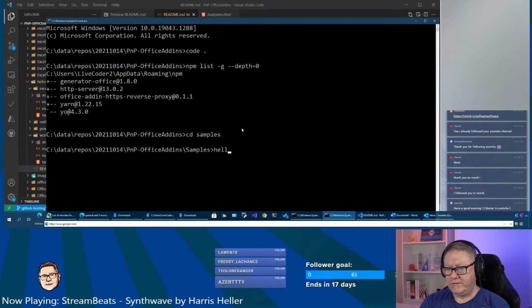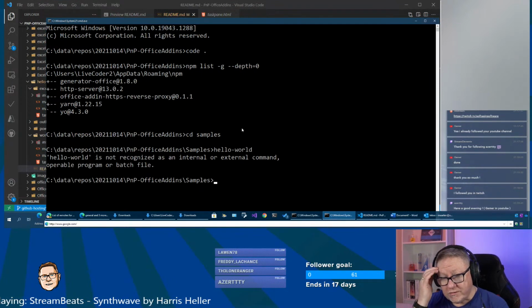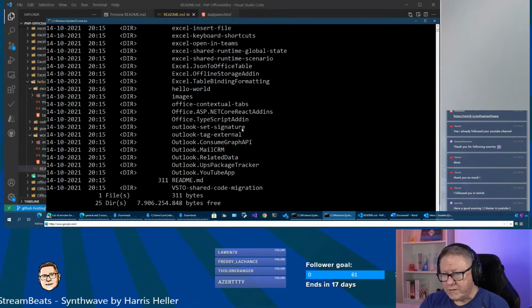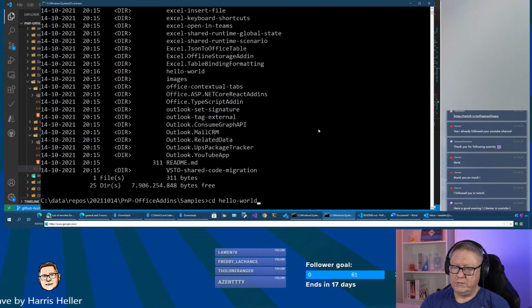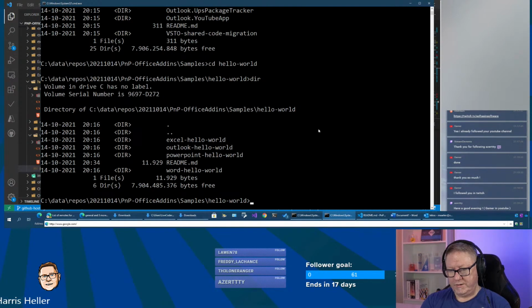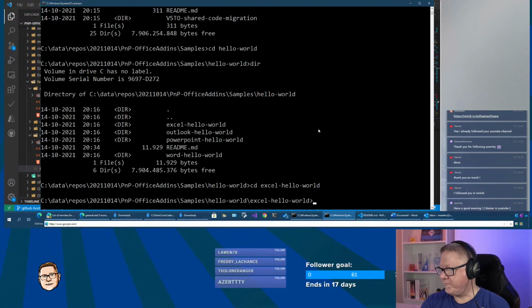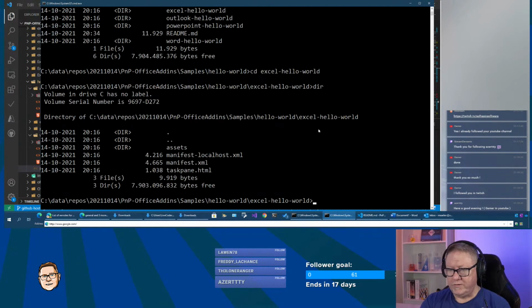Samples, go to hello world. Oh, this is not the right repo, I think. Yeah, it is. CD hello world. CD hello world. And go to, let's start with Excel. So here's the manifest file that we are now going to run locally, and task pane. And for this we need to run this small HTTP server. We can start with the unsecure server just by entering